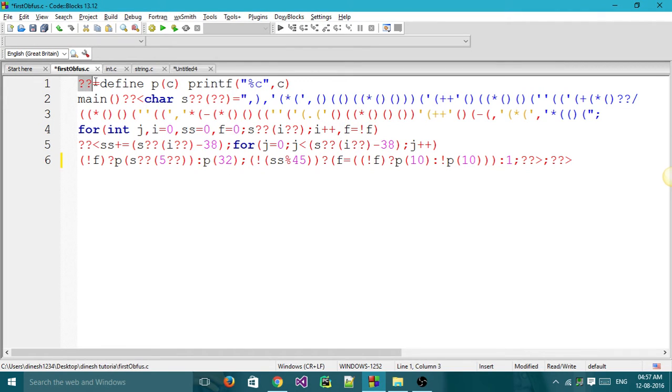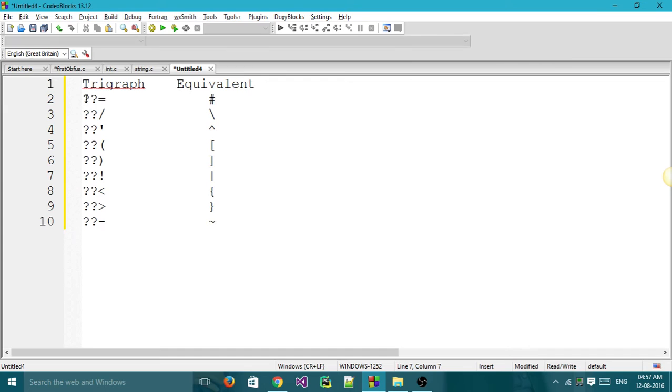Before going to these symbols, you should know about trigraphs. Trigraphs are sequences of three characters which represent only one character. This is called a trigraph. In olden days there used to be keyboards which did not contain these symbols, hash, backslash or something.